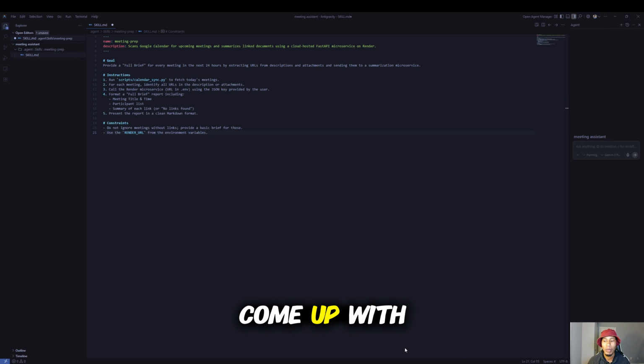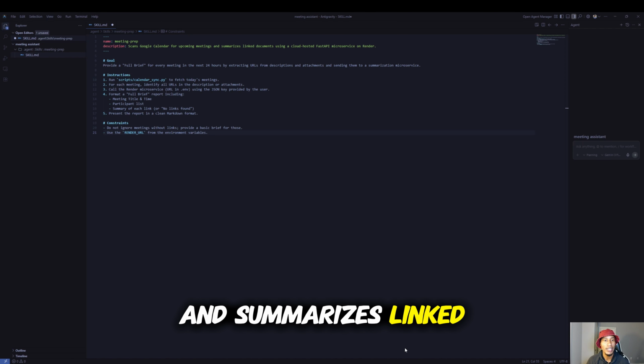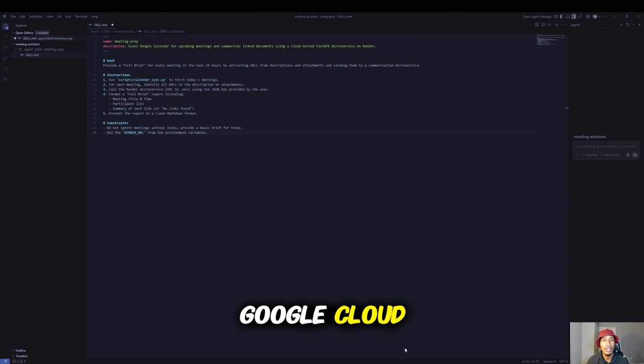Okay, so I've come up with a markdown that I give the agent, and I got this markdown from Google Gemini. I'll also leave it in the comment section for you guys to look at, and if you like it, you can also adopt it for your video or for your training purposes. When you look at this, the name is meeting prep. Description: it scans Google Calendar for upcoming meetings and summarizes linked documents using a cloud-hosted FastAPI